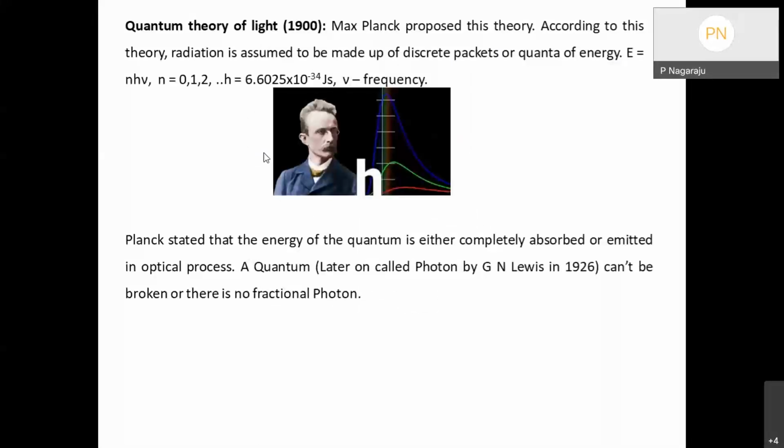Then, before I come to the quantum theory of light, what was the success and what was the failure of the electromagnetic theory of light? The electromagnetic wave theory, in short, we call it wave theory. It explains the phenomena of reflection, refraction, interference, diffraction, all that. But it failed to explain,